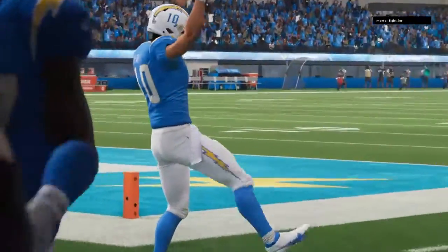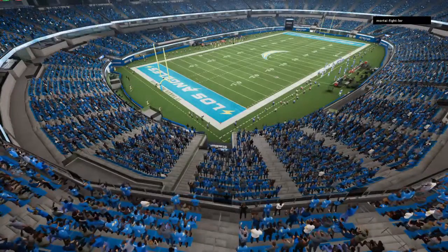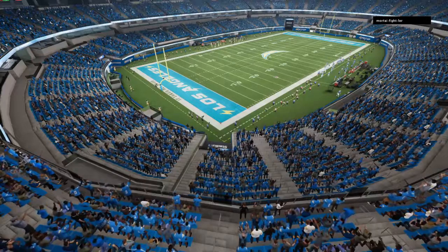So for the Chargers, it's a win that might keep them alive in the playoff race as they're back to 500 at 5-5. So for our entire crew,